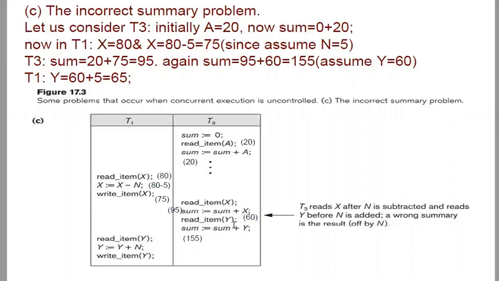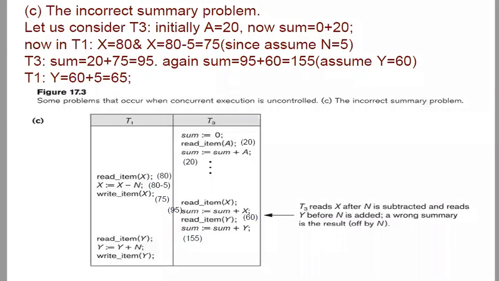So you can see here the Y value is 60 only, right? Then the X value is not updated properly. So what happens here in the transaction T1? Instead of getting 155, or instead of getting the X value, the Y value is as it is, that is 60. So 60 plus 5, totally T1 will be 65, right? So here, during the summation, the proper updated value is missing. That's why we are getting the incorrect value, right?